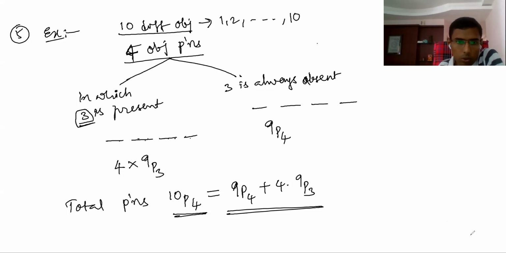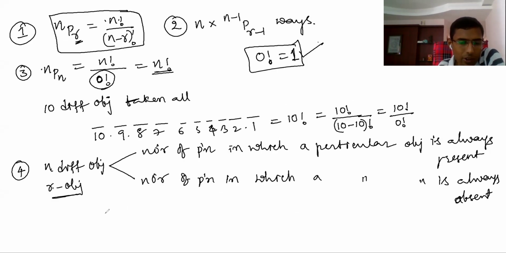Similarly here also. The number of permutations of n different objects taken r at a time is nPr. That is nothing but the number of permutations in which a particular object like 3 is there. So a particular object is always present means what? Present means what should I do? There are r blanks. Out of r blanks, 1 blank I should fill with this particular object. How many ways can I fill an object in r blanks? So r ways, any one of the blanks I can fill. Then n minus 1 objects will be left, and I have to arrange them in r minus 1 blanks. That is n minus 1 P r minus 1.